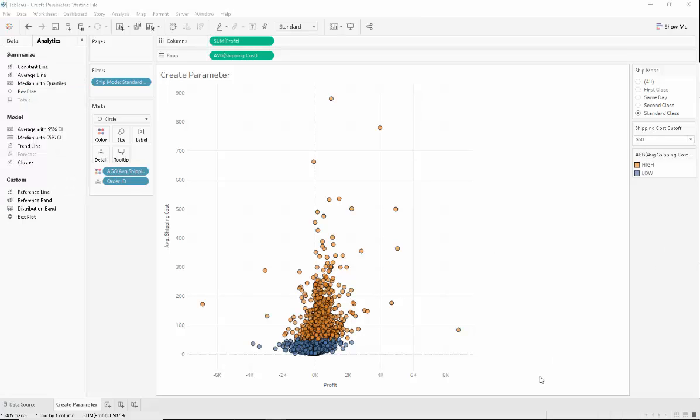To make this chart more readable, what I'm going to do is add a reference line here so that you clearly know that that is the value above which things are going to be orange and below it it's going to be blue. To do that reference line, I'm going to click on the Analytics tab, and if you go down Custom, here is a reference line. If you click on reference line and